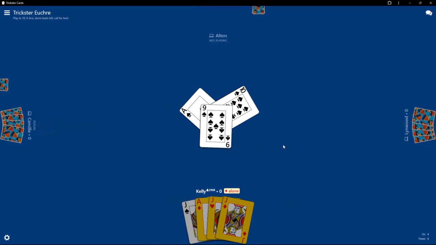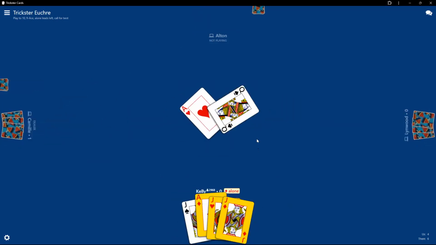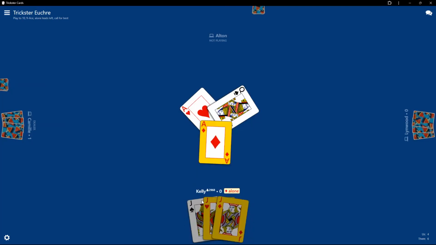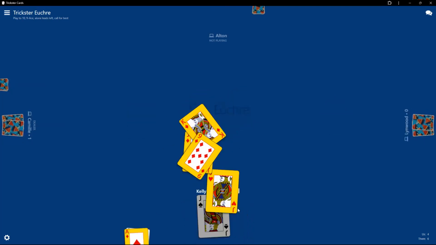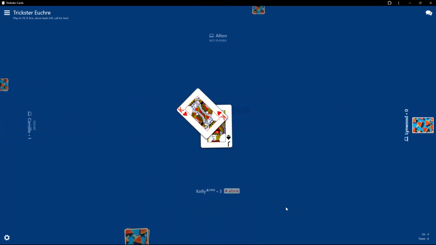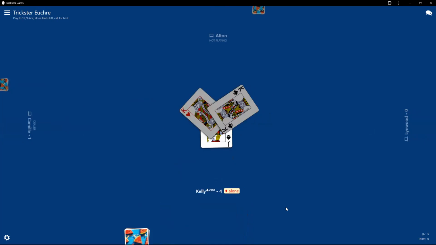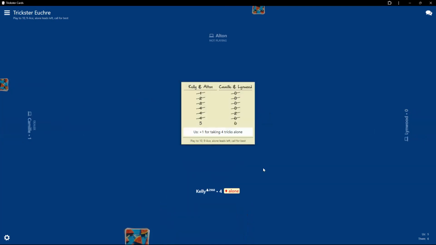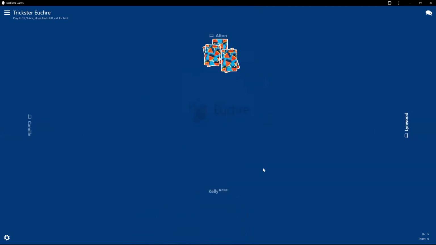But they led spade, so I had to play spade. And that's where if you don't short suit yourself, there's nothing you can do. They play an ace, you're playing a card. So that's boss. That's boss. That's boss. There's no way this jack's going to make it. And it did. Not that it made a difference. We already got our point, but isn't it fun?